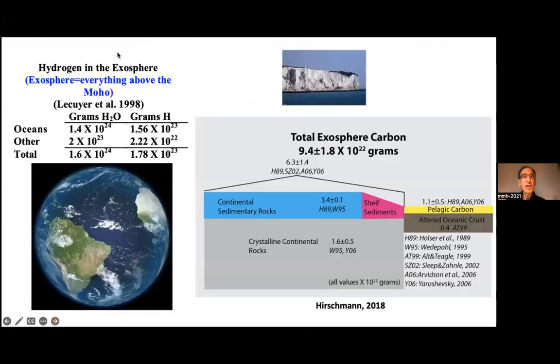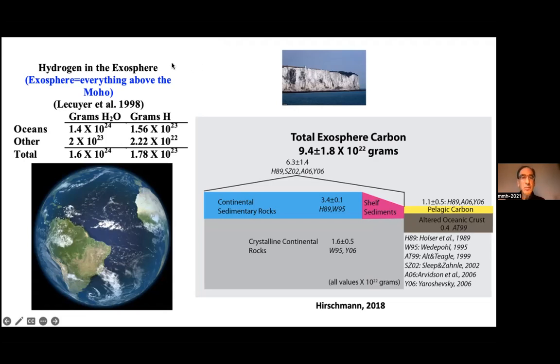So in order to do this, there's the easy part, and that is to think about the surface reservoir. Many of us think a lot about the volatiles or other geochemical reservoirs in the interior. It turns out that just inventorying the surface reservoir gives a great deal of information about the net workings of the interior of a planet. So it's a very worthwhile exercise. The amount of water on the surface, of course, is really just the oceans. One can take all the water in amphibole and mica and whatever in the crust and add it, but it's just a decimal place. The water is that in the ocean. So that's a very easy number.